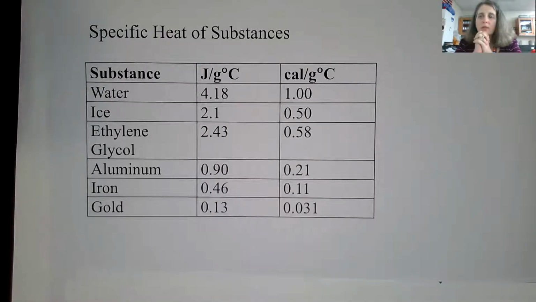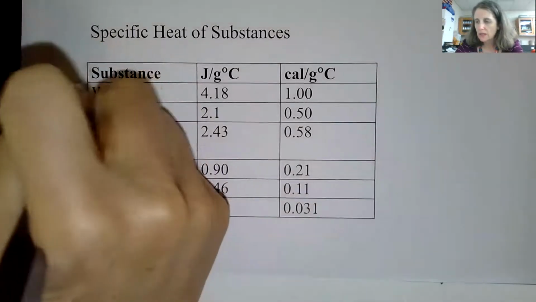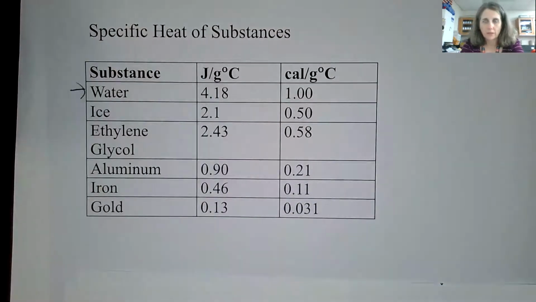So this video is going to focus specifically on doing some calculations having to do with specific heat, but I'm going to start with a little discussion of specific heat. So specific heat of a substance, again, is unique to that substance. So this is intrinsically part of that substance. So water is the big one. It's the one that we do a lot of different experiments with. It has a specific heat of 4.18. Or again, the definition of your calorie is for every 1 gram of pure water, it goes up 1 degree